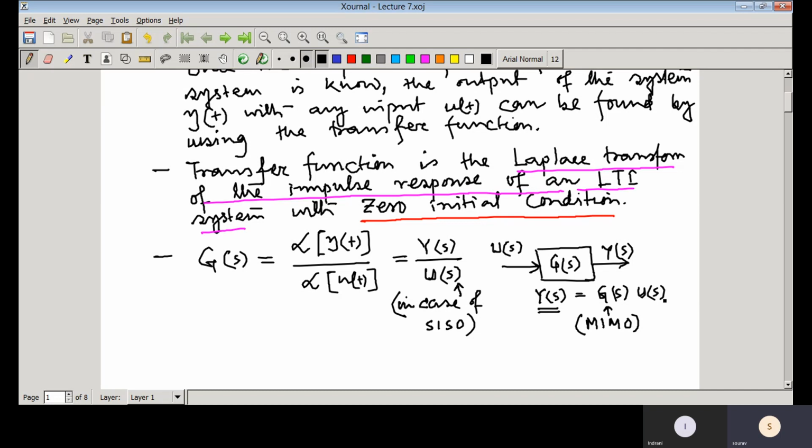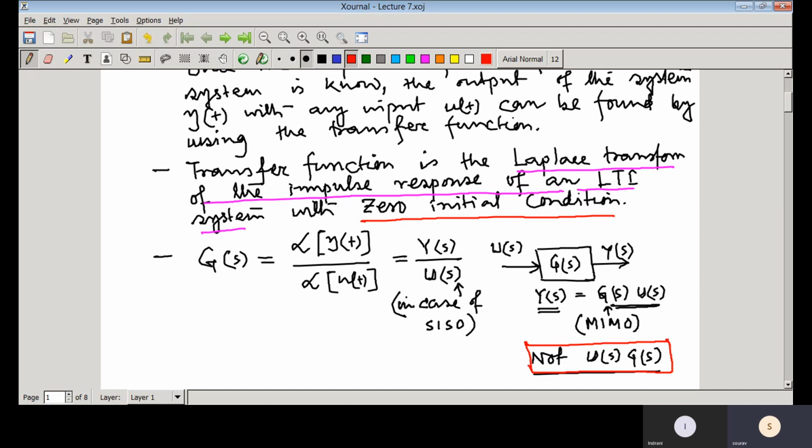And here you should be careful whenever you write the system dynamics in the transfer function modeling framework. Then you should write Y(s) equal to G(s) into U(s), not U(s) into G(s). The reason is, in matrix algebra,